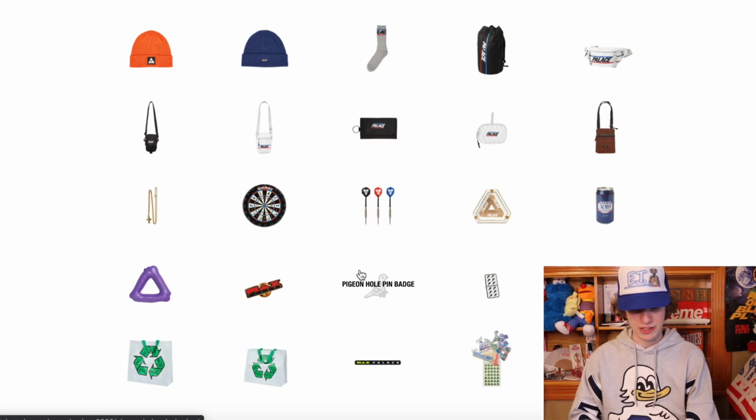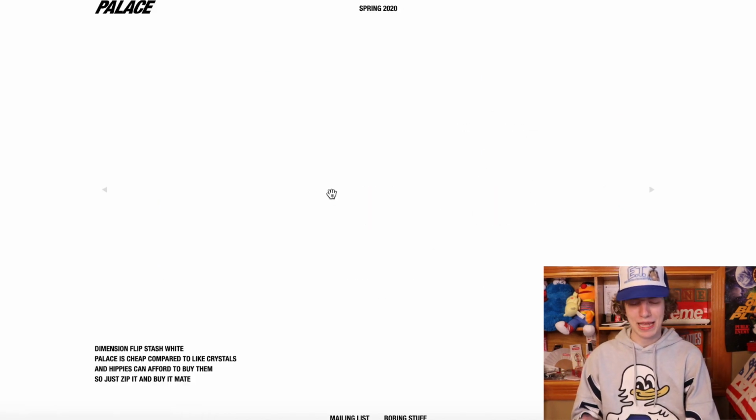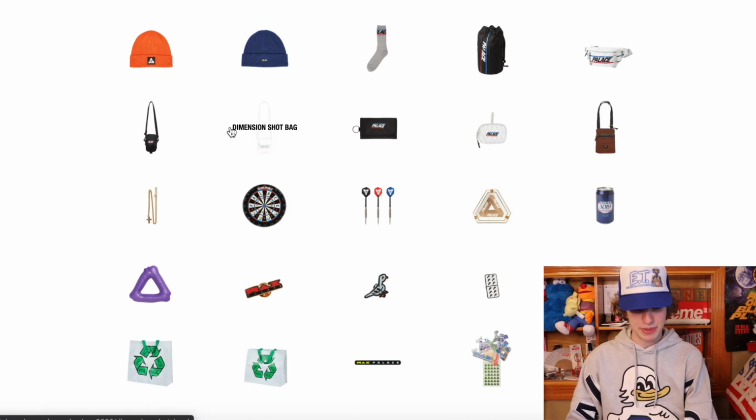They're not ugly for sure, they're definitely clean bags. The whole red and blue little basic logo, I am just so sick of it. I've seen it so many times. I'm very over it. So yeah, definitely not feeling the bags this season, but we got to go to the